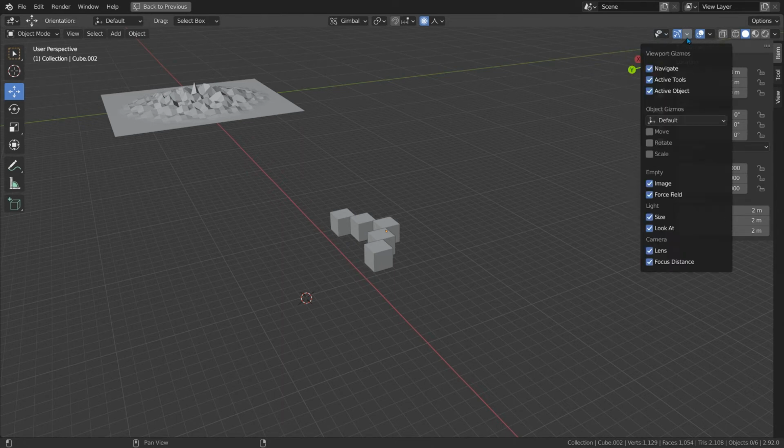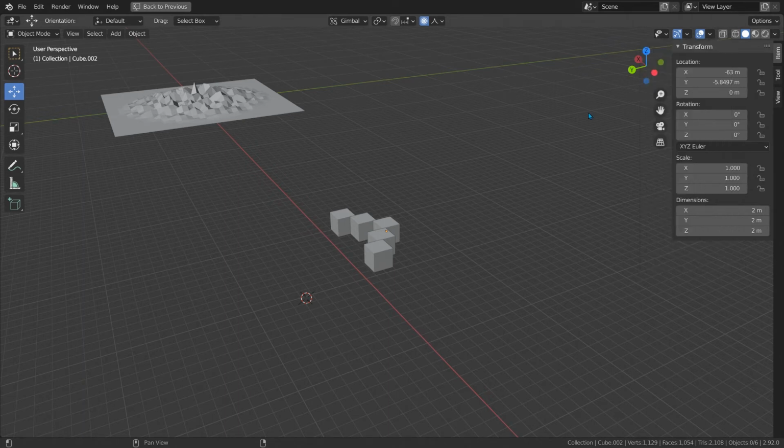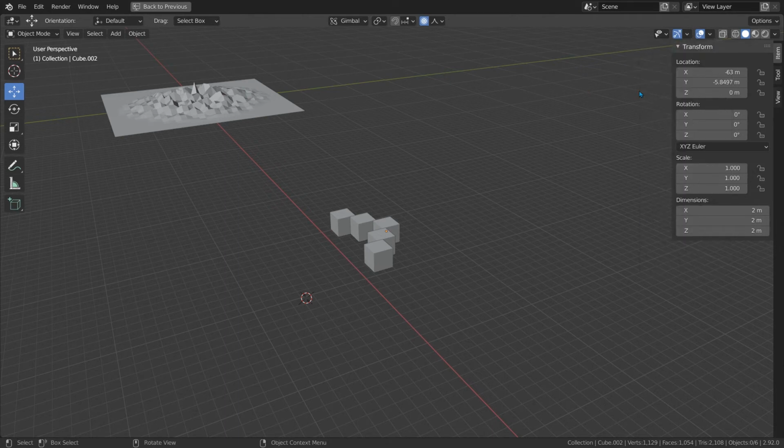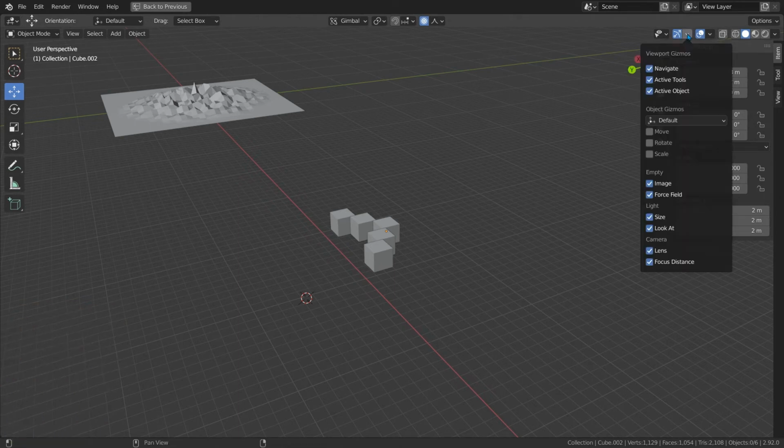Next to that, we have this menu that lets us show or hide UI elements that overlay the viewport. So say, for example, we got tired of looking at this navigation gizmo. We can turn it off by unchecking this first checkbox. I don't like to use the navigation gizmo. It's a lot easier for me to use the shortcuts, so I'll turn mine off and free up that screen real estate. I wouldn't mess with these too much unless you have a specific reason.